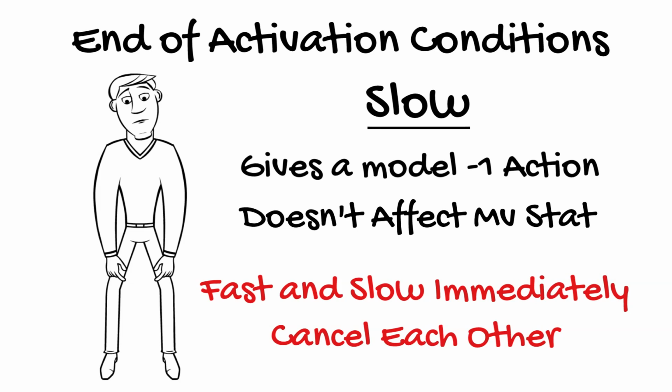This is where there may be value in giving a master model the fast condition. If you're facing a crew or model that uses the slow condition a lot, like the Brewmaster, who can make you slow just for being near him, you might want to give your models fast preemptively if you are able, so that when they are affected by slow, it will simply cancel out the fast